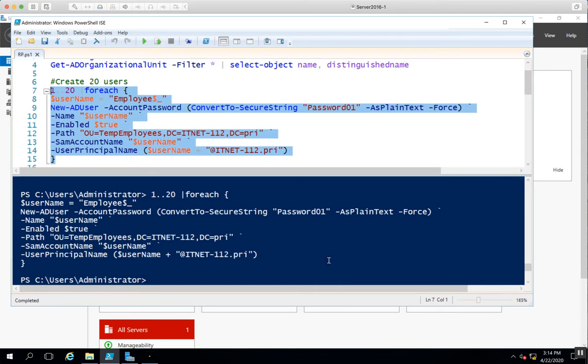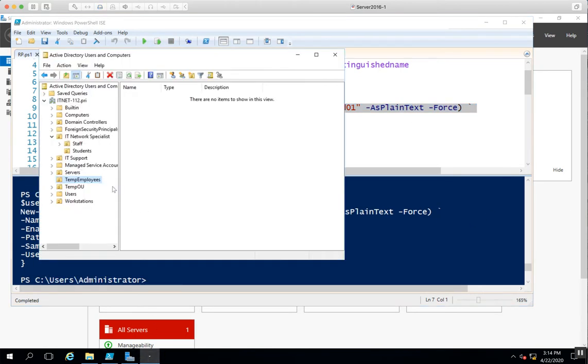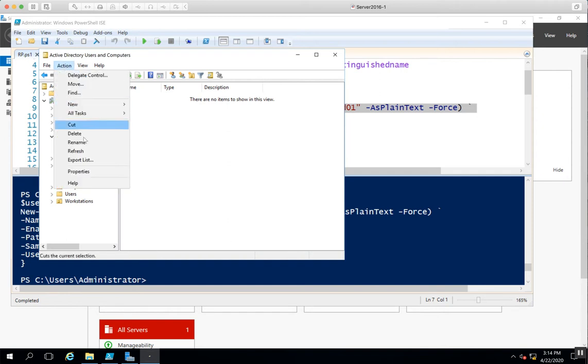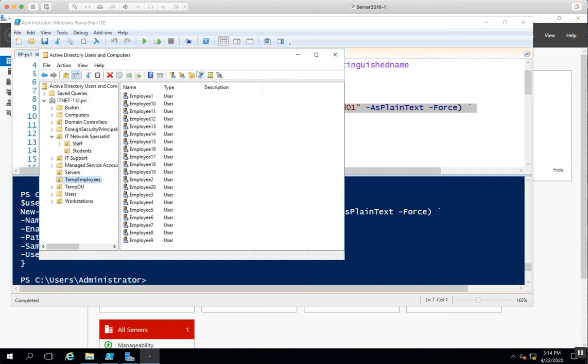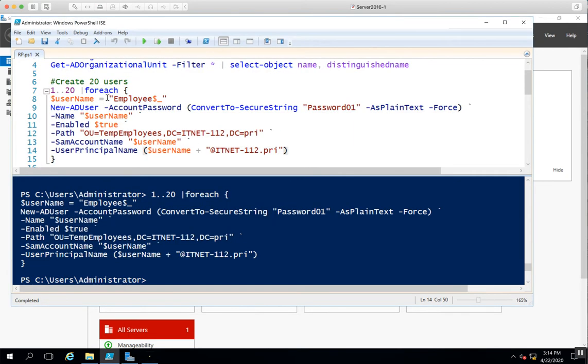There they go. So if we jump back to Active Directory Users and Computers, let's see if I can do a refresh. There they are. So I've created 20 users. If I wanted to look at this, I don't want to go through line by line, but the first half